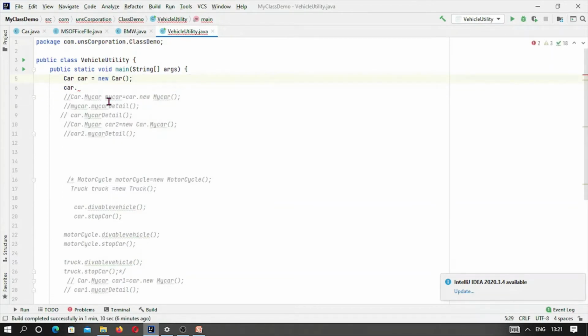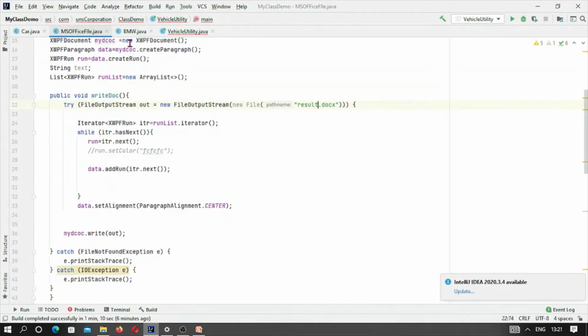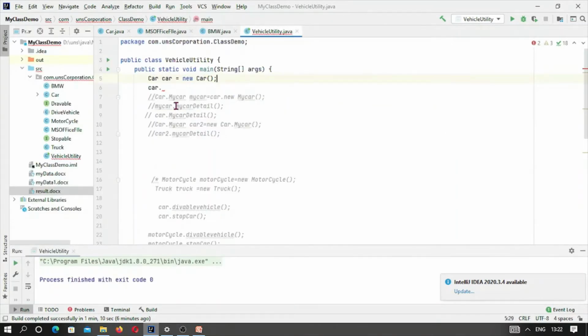So let me change this one to result one. Okay, you can see for this we are taking the file result one, and calling car dot capital M. Okay, and now let me run it.